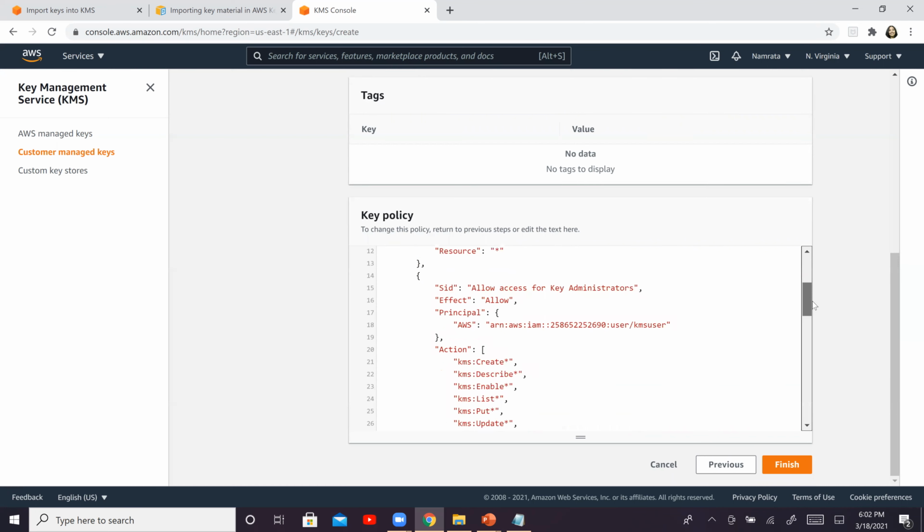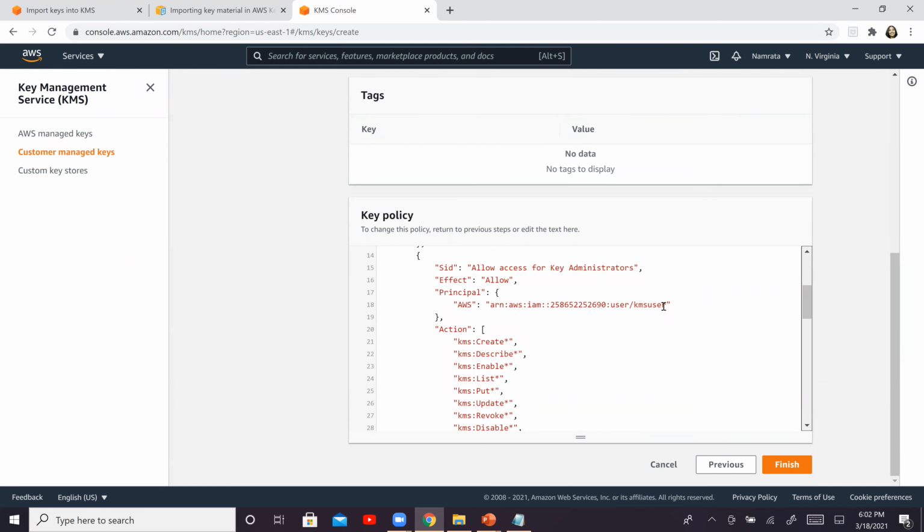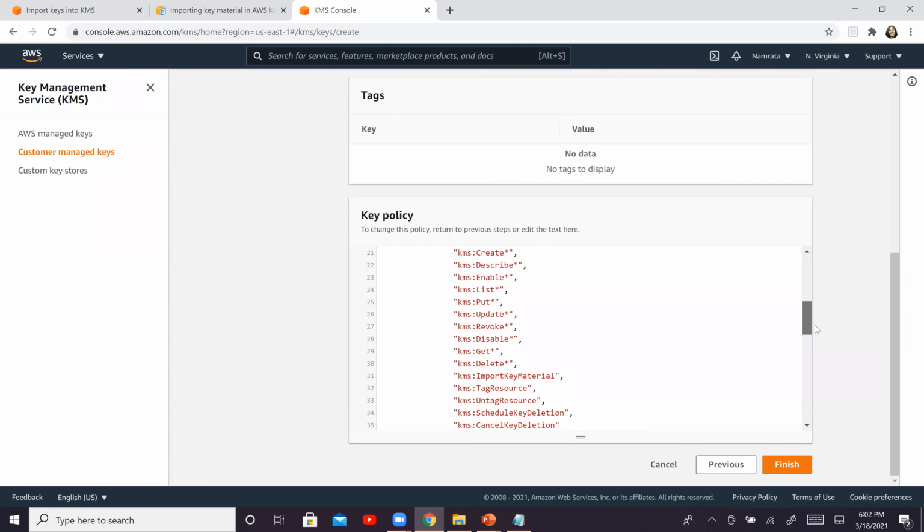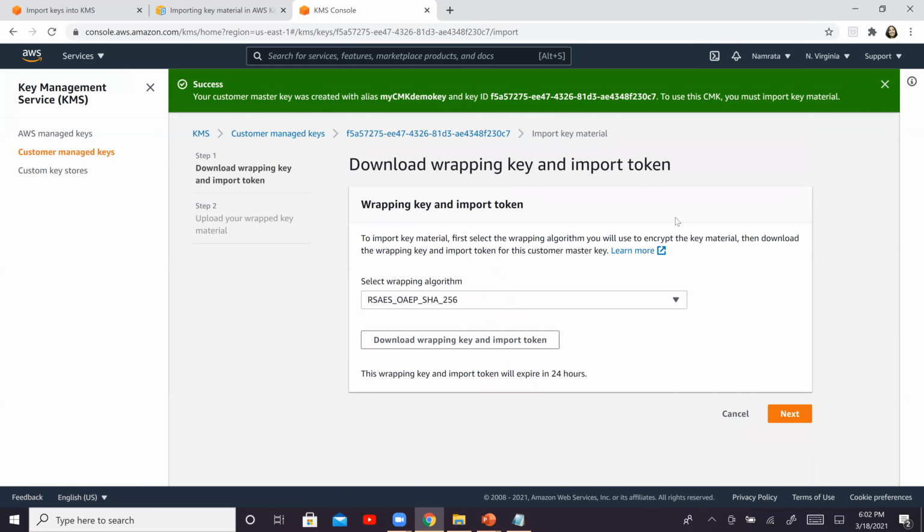So scroll down. What you're looking for over here is this KMS user. And you want to ensure that it has the right to import key material. So this particular permission should be available to this particular user. It should be able to import key material because that's what we are trying to do right now. Okay, finish. Okay, and click cancel over here.